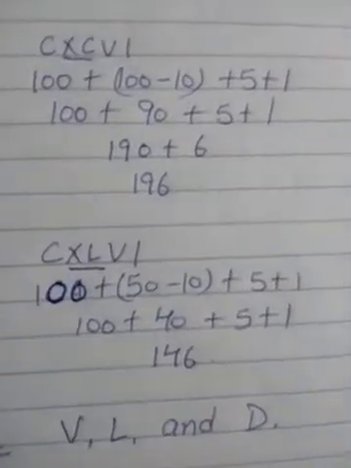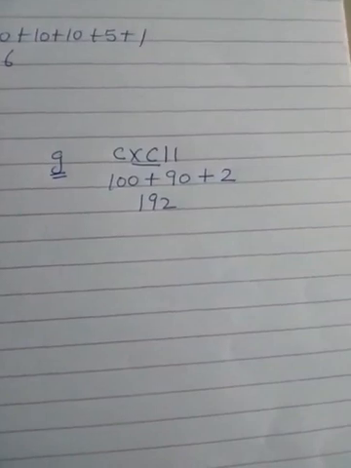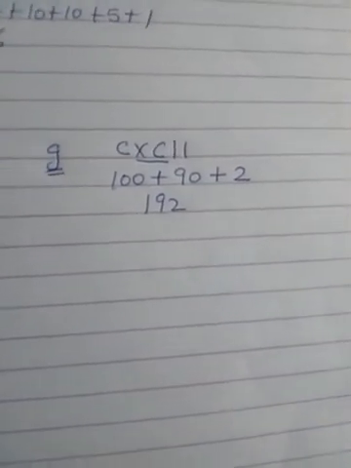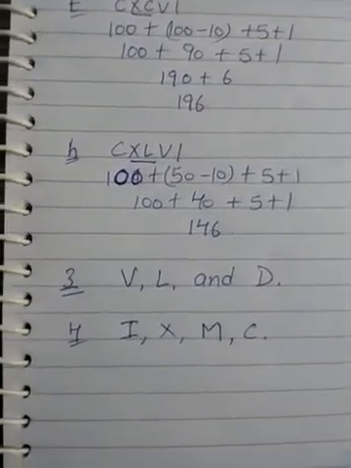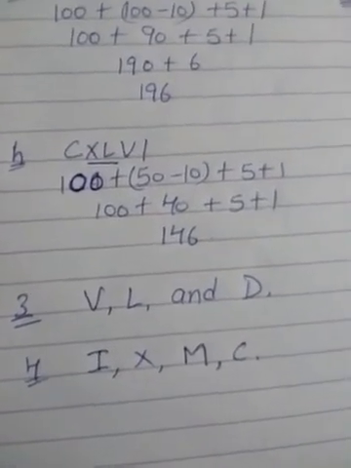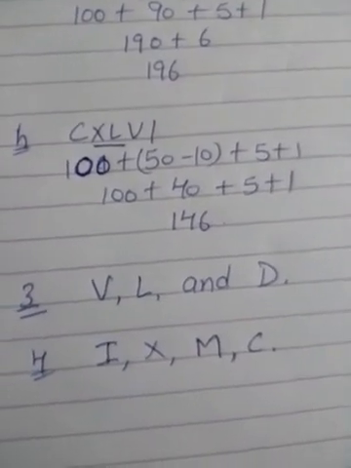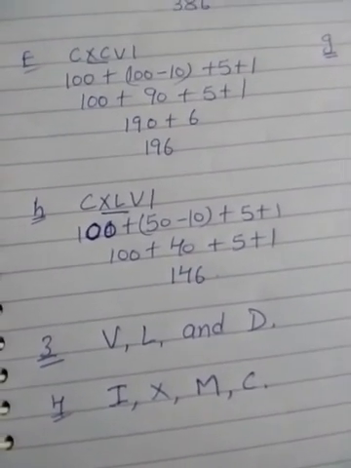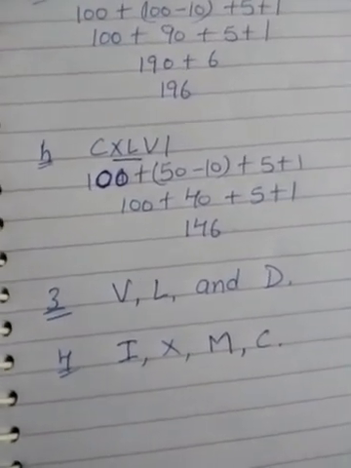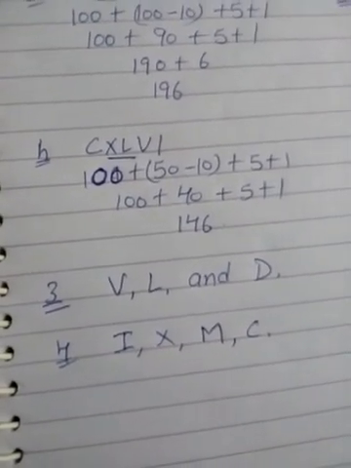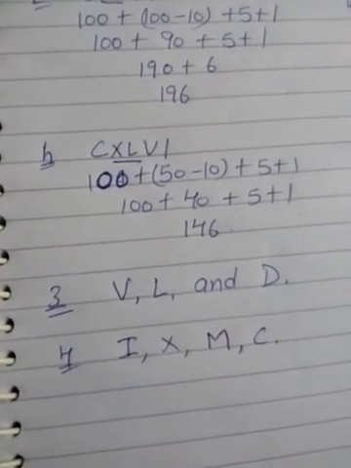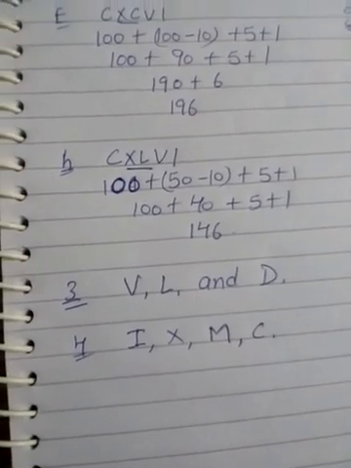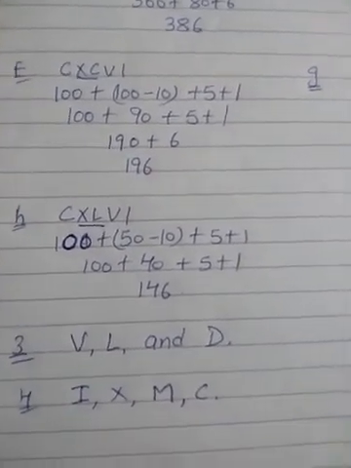Take a look over there. XC I cleared to you already. I hope you have all gone through the rules and regulations which I already told you. You cannot subtract I from M, C, L and D. You can subtract I only from V and X. You can only subtract X from C and M. Okay, these are some rules.